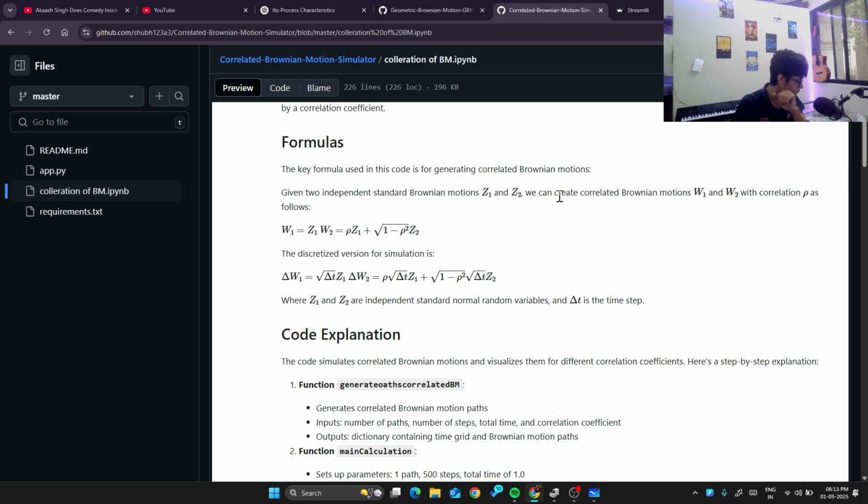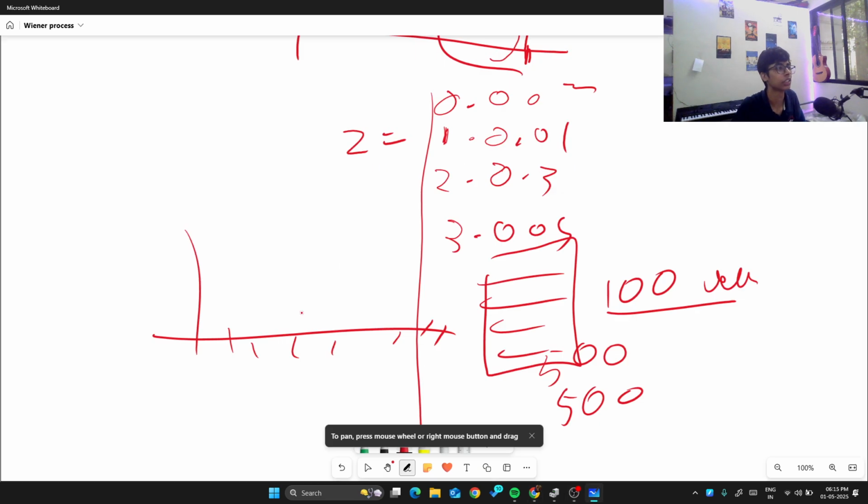So in the book, you just read the paragraph, and it is explained very badly. So there are two Brownian motions, let's say W1(t) and W2(t). They both are normally distributed,